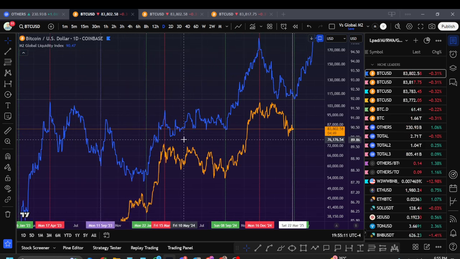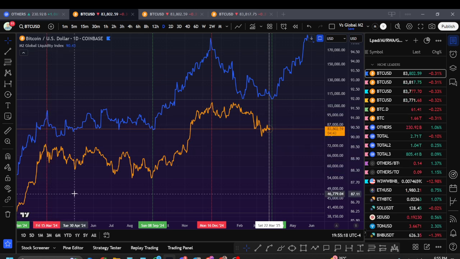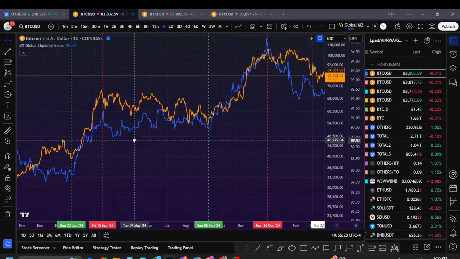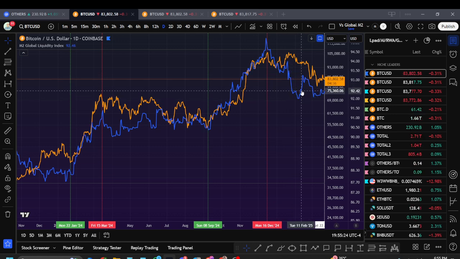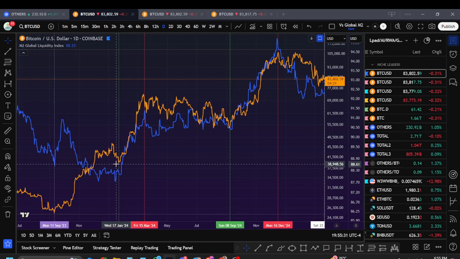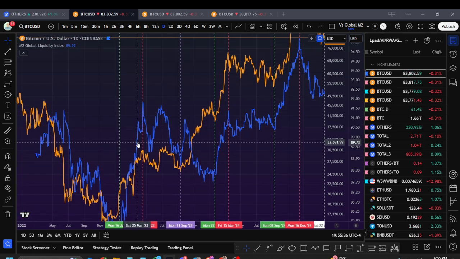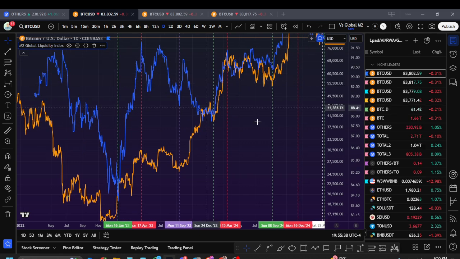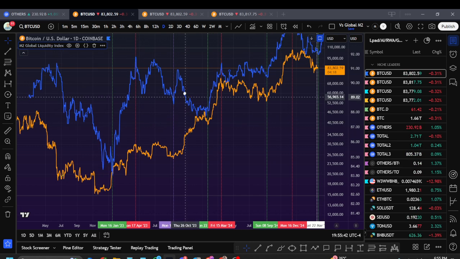Okay. Now the other idea, so that's how it matches up. It's close. It's not exactly perfect to the day, but it's close for the tops and the bottoms, right? It looks pretty good. Again, here we had a big dip down in M2, but we didn't get a huge dip down on Bitcoin. So it's not exactly perfect. So that's where it makes it difficult. All we can do is just kind of give our best bet, our best guess based on what we see and the probabilities of it happening.